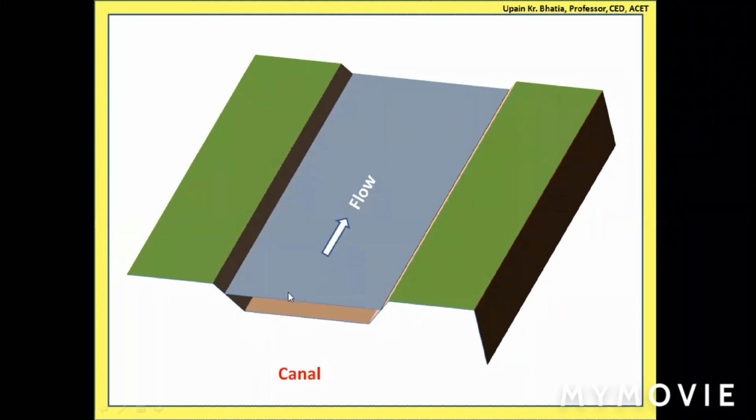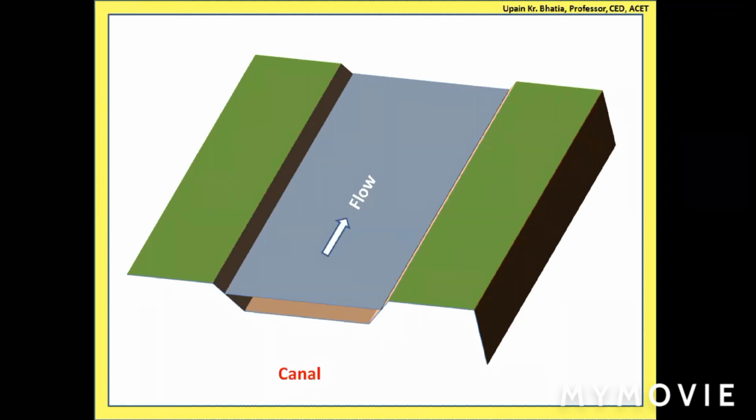But when the water has entered into the canal along with the suspended silt, can we remove this silt also? The answer is the next structure, that is structure 2. How does that structure act, how does it perform this task of removing the silt from this water which has already entered into the canal? The silt which has already entered into this canal along with this water, how to remove it?